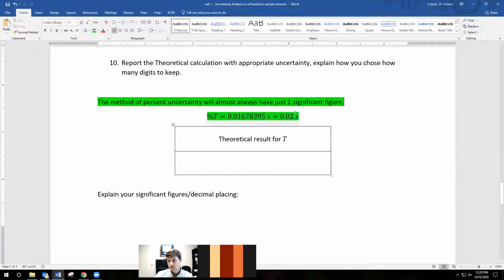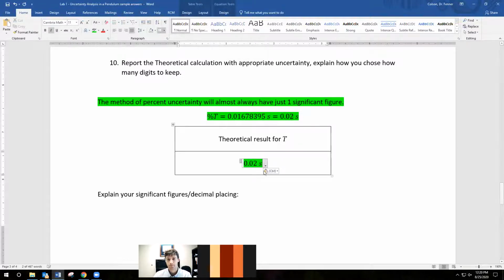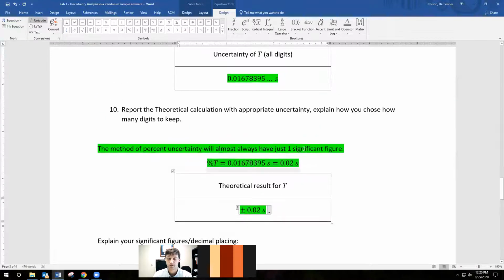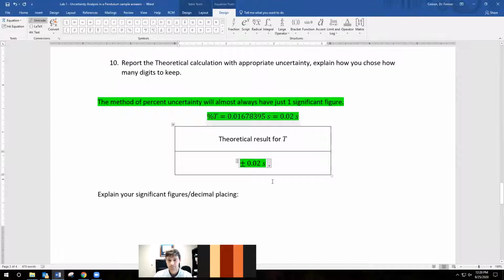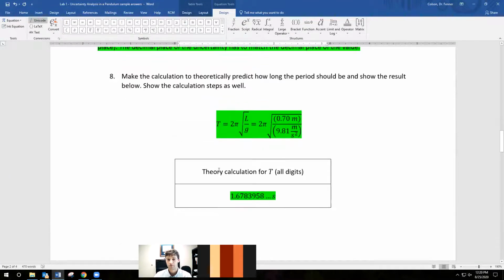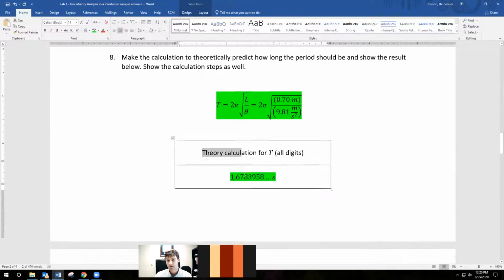If the percent uncertainty is 0.02, that'll be our uncertainty. So the theoretical result is plus or minus 0.02, determined using the method of adding percent uncertainty, and our calculated value came from above, the theoretical calculation for t,